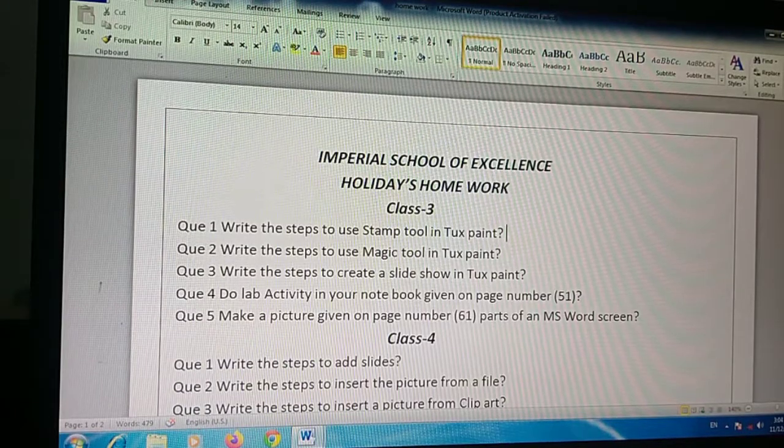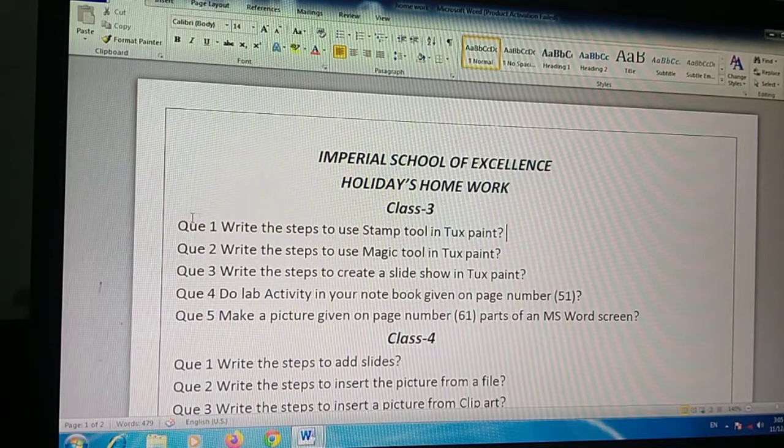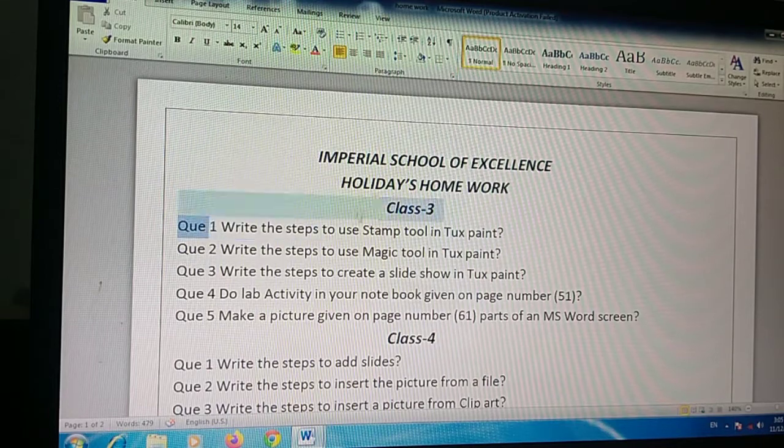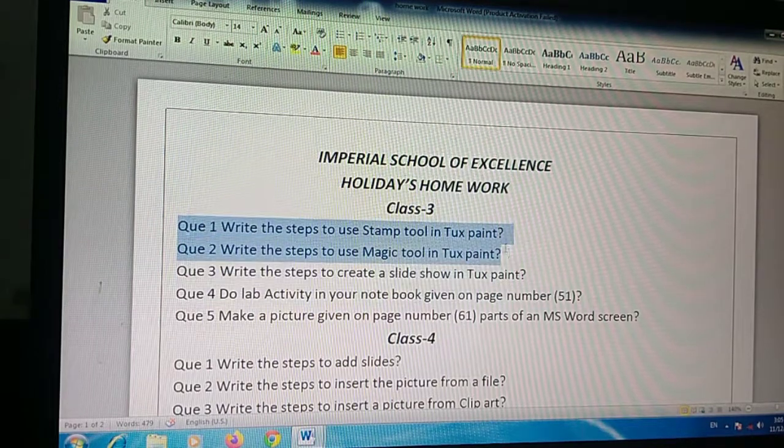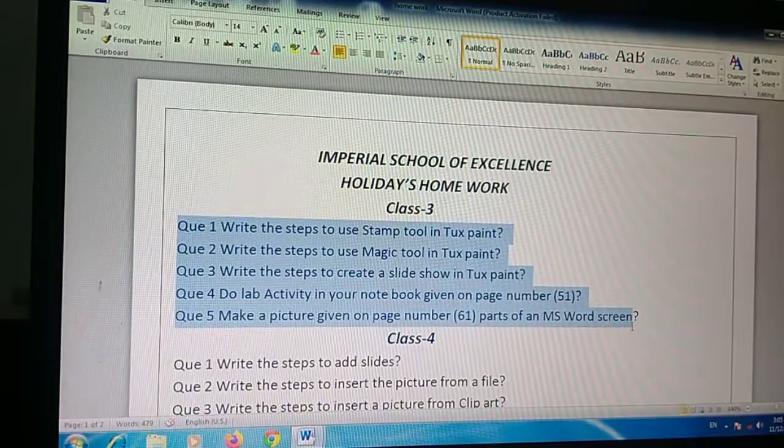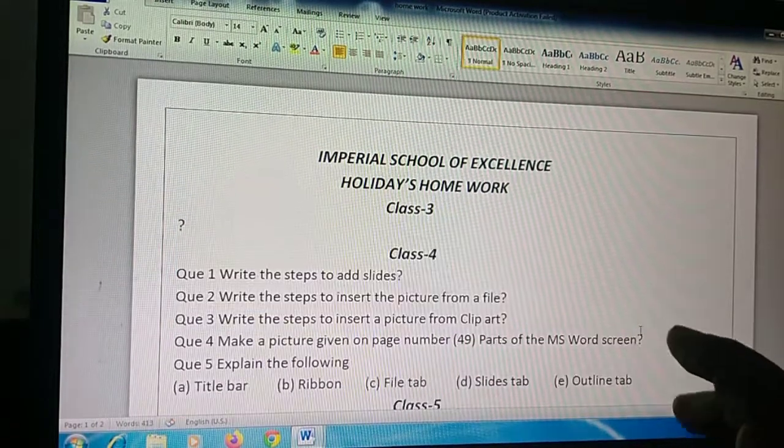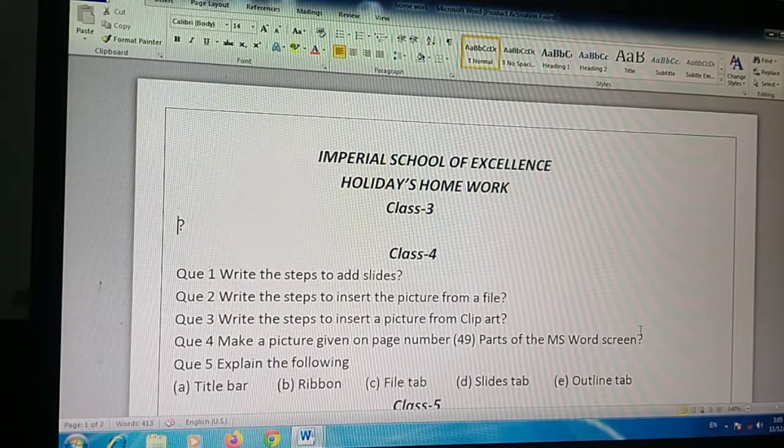After that, there is one shortcut also if you want to delete. If you want to delete from question number 1 to question number 5, it will take time when you press backspace. If you want to delete, first of all you have to place the cursor on the right. After that, select the text. All text has been selected. You can see the text has been selected. After that, press backspace. All your text has been deleted.